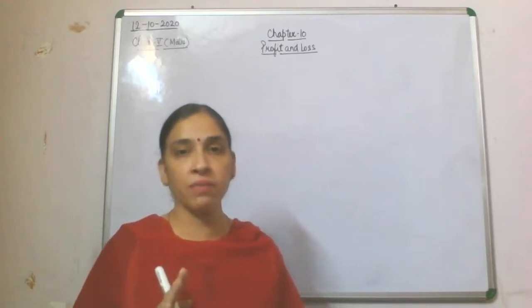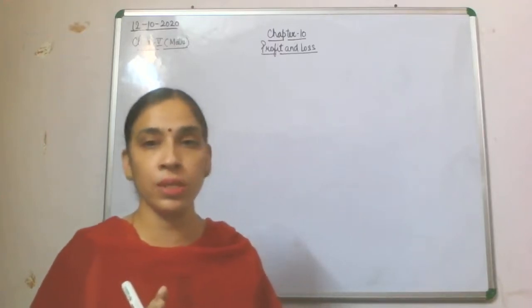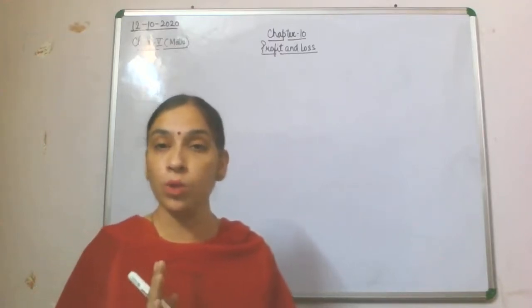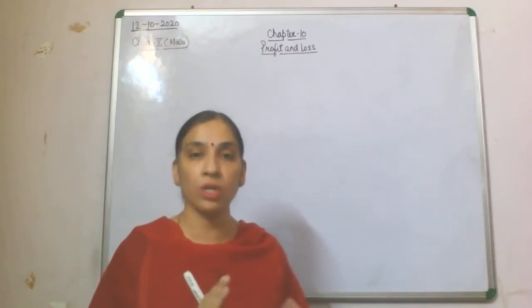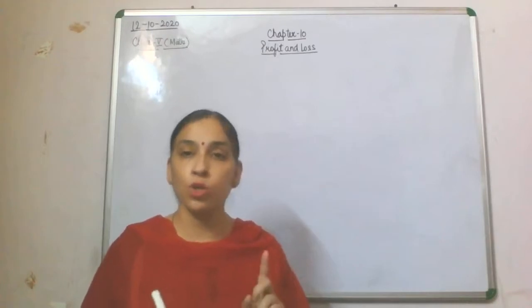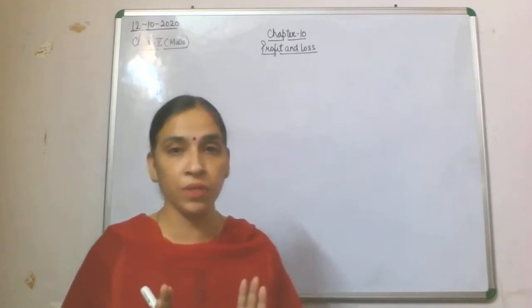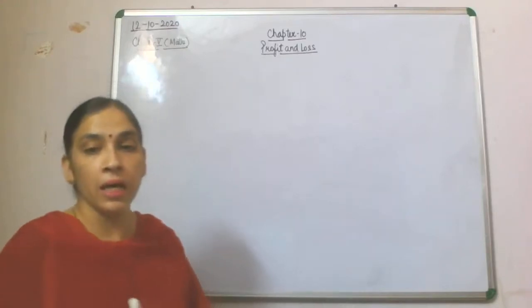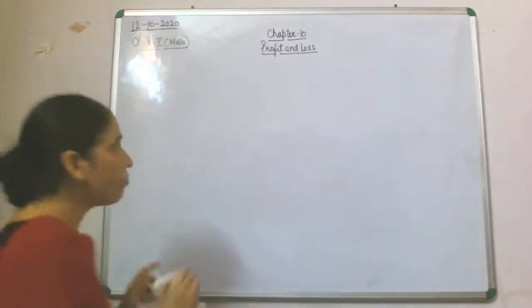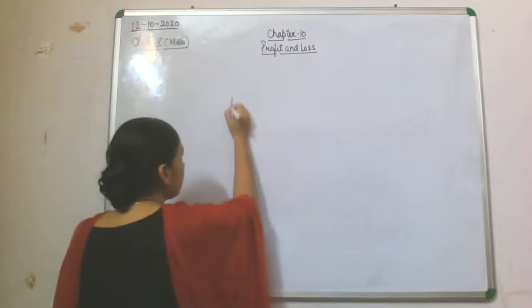If profit is given to you in the question, then you don't need to calculate it, but if it is not given, and you have been given cost price and selling price, then first you will calculate profit, and after that we will calculate profit percent. Now let's talk about the formula of profit percent.